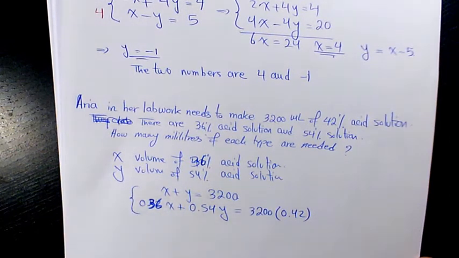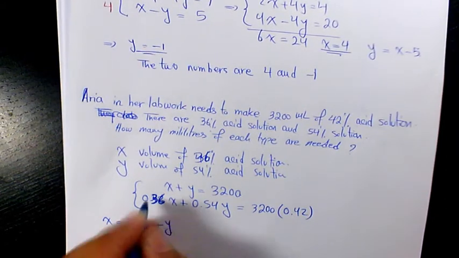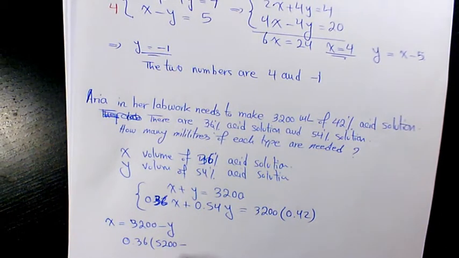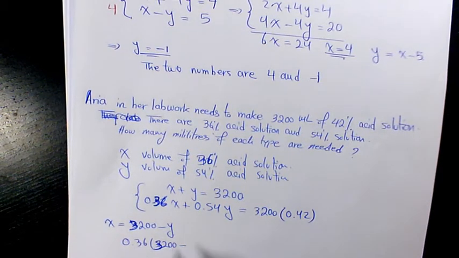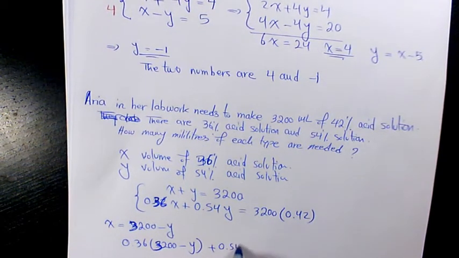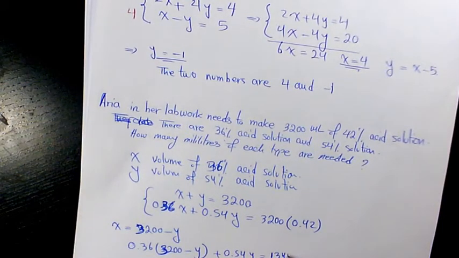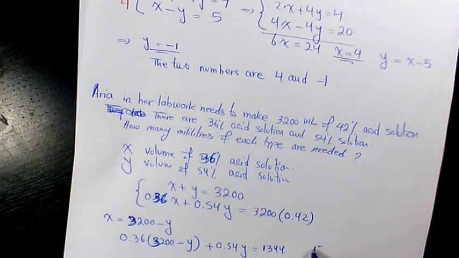So again, I'm going to use substitution method. So x will be 3200 minus y. So we have 0.36(3200 minus y) plus 0.54y equals 3200 times 0.42. That's going to be 1344. So when you expand it, 0.36 times 3200 is going to be 1152